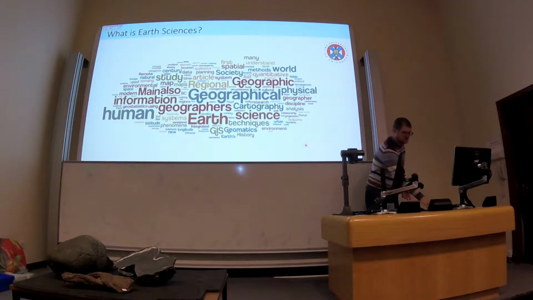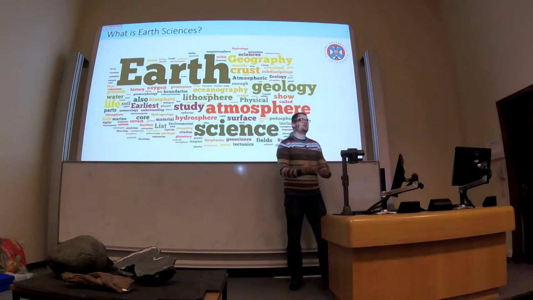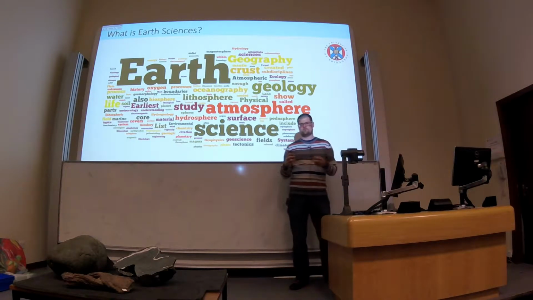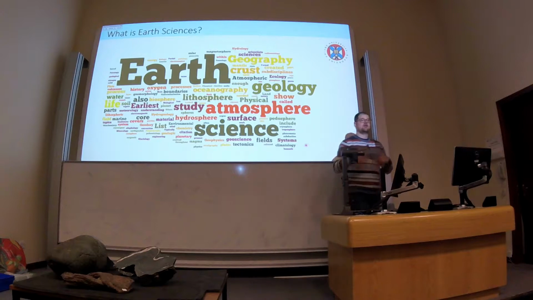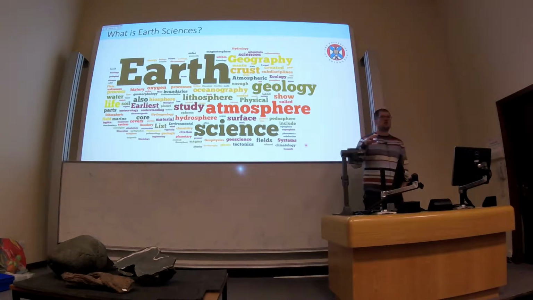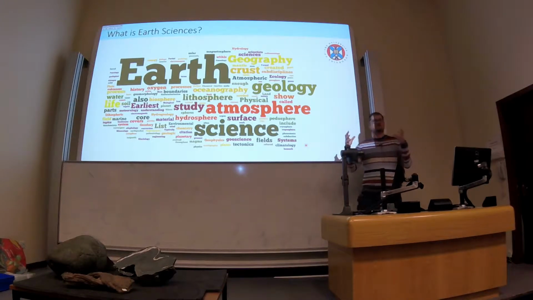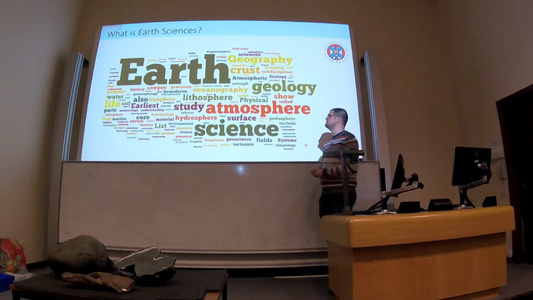Okay, and this is what earth sciences is. So if we just go on and have a look at the Wordle for earth sciences. So what earth sciences is really aimed at focusing on looking at the oceans, looking at the solid earth, so the rocks, the soil, everything all the way down to the core, the centre of the earth, to really understand the physics, the chemistry, and the biology of this really complex interacting system.